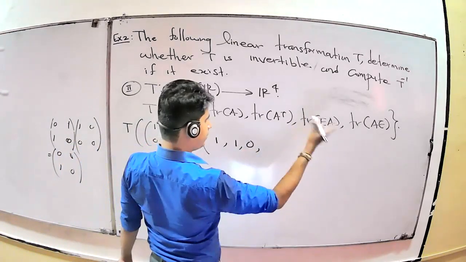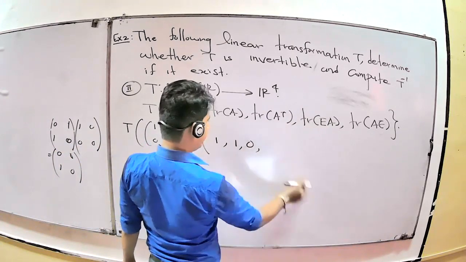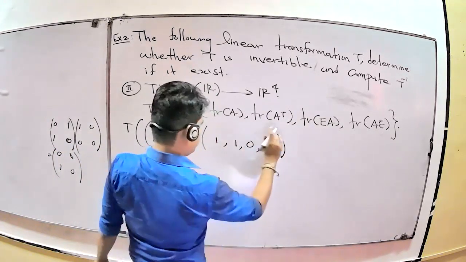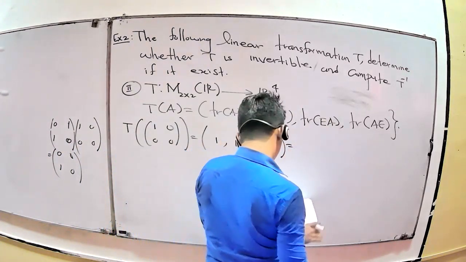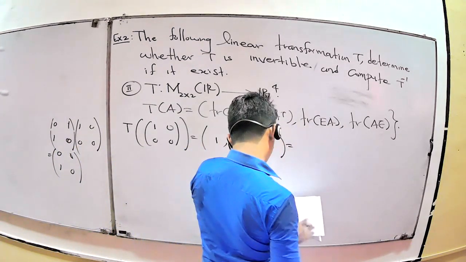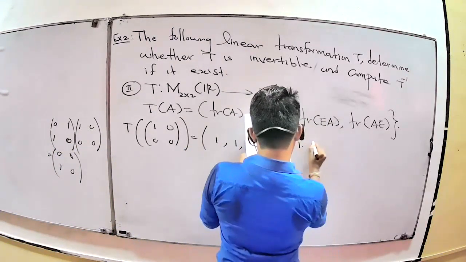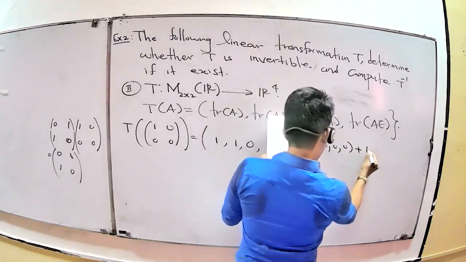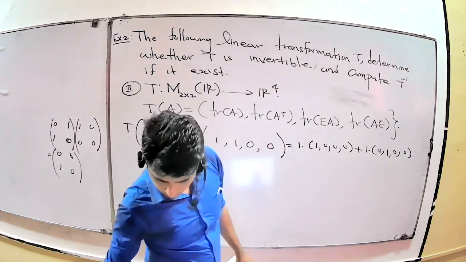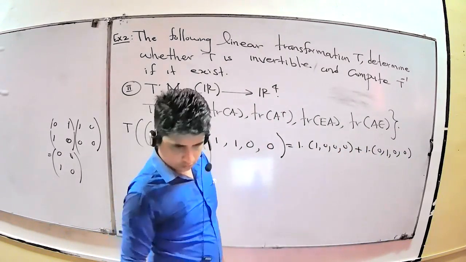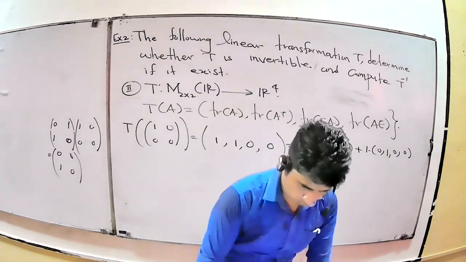Similarly you can find the AE matrix, then you know the E matrix, no? Then you can find the AE matrix. Trace means you want to add the diagonal elements, here also 0. Now this one you want to write into R4, no? You can write like this: R4 means you already know that R4, you can write like this: 1 into 1 0 0 0, 1 into 0 1 0 0. Is it okay? Right, okay.